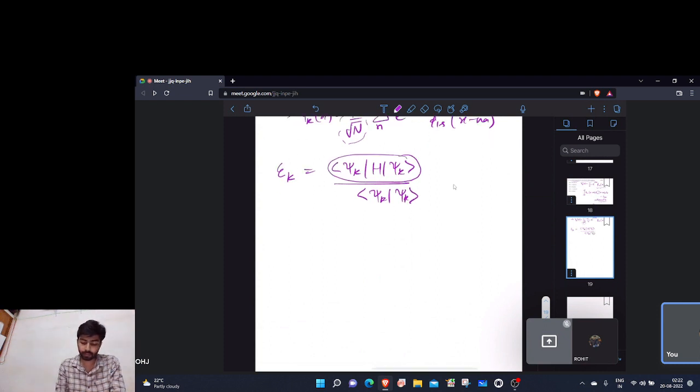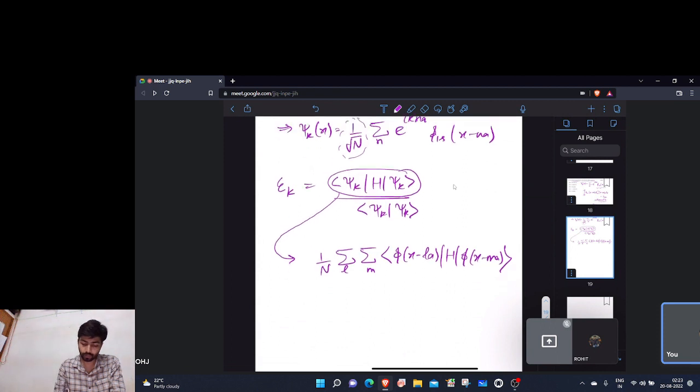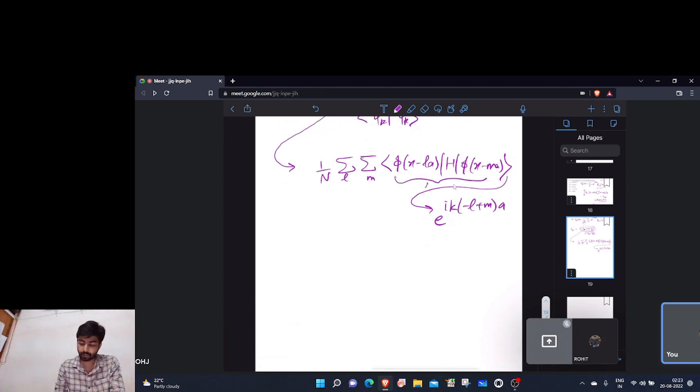Now this term, the expectation value, we can find as follows. Now psi k multiplied by psi k, 1 by root n and 1 by root n would give me n outside. The two summations, let me call the dummy indexes L and M. Phi, and the remaining inside would be phi H phi (x minus n a), and the exponent associated with the two wave functions would pile up at the end, i k (minus L plus M) a. Okay, this term inside here is nothing but H LM, which would become minus of t